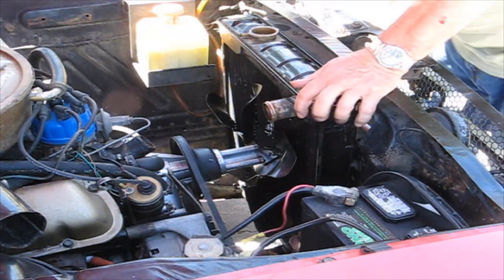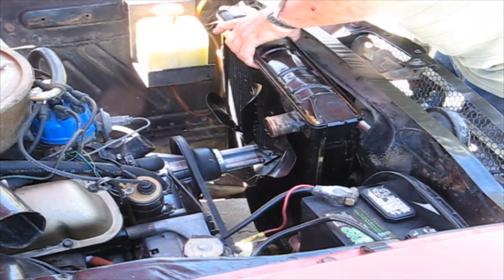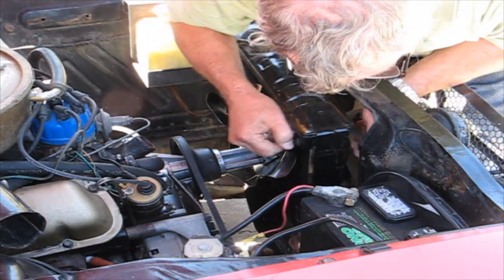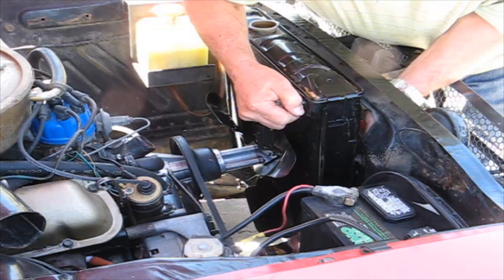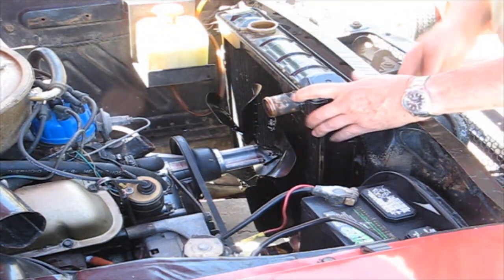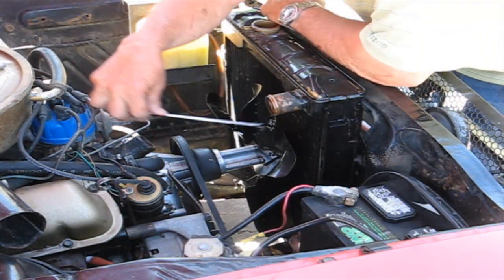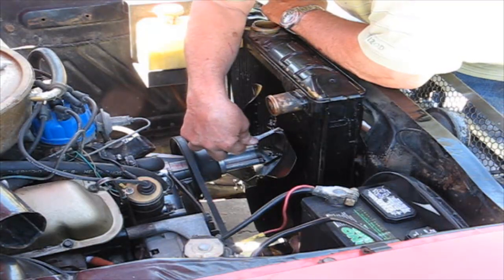Okay, and I'm just going to put it in with 2 bolts. I'll do the 2 top ones, the easiest ones there. They're all easy, but okay, so now we have it in there. Let me measure the fan blades. Okay, the closest part comes